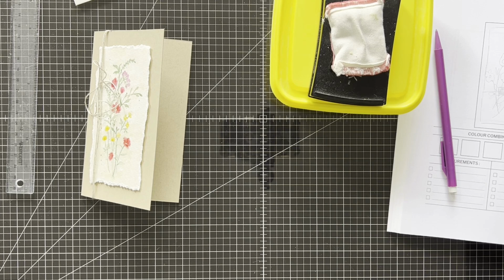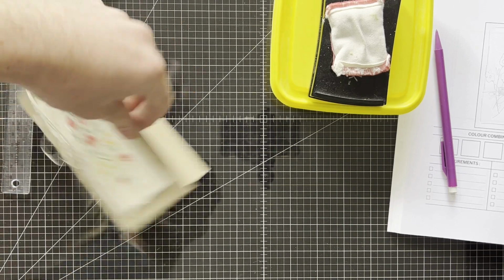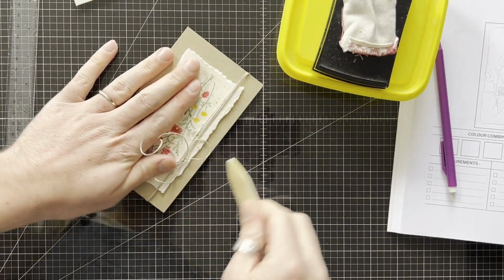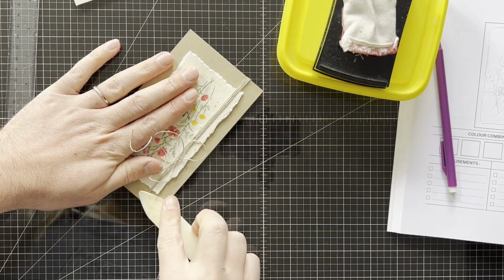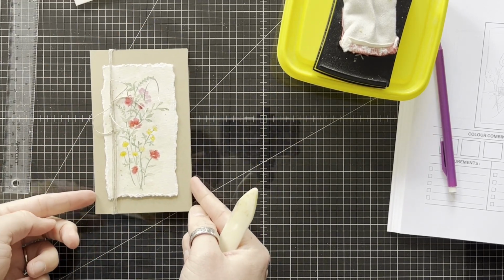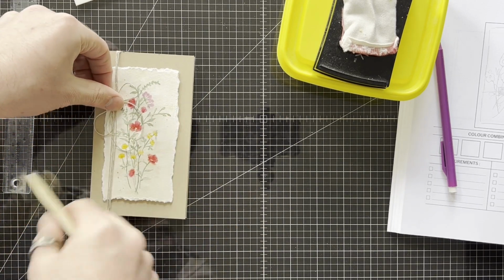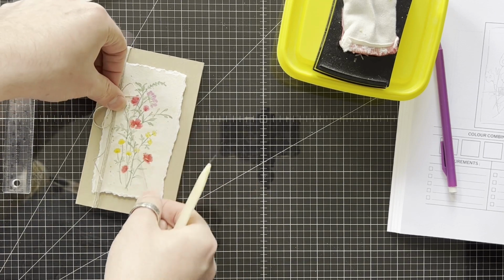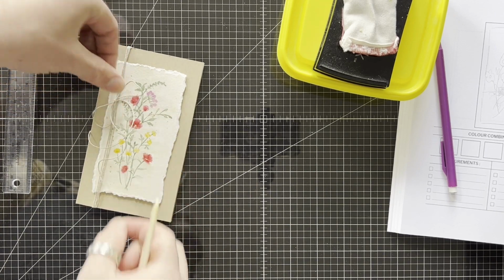Which I don't have a bone folder for. It's here. Just so it starts to sit flat a little bit more. Just going to flatten that bit down, and that bit, because I have kind of nicked it a little bit. That looks cute so far. That tail's not sitting very nicely there. Run that through my